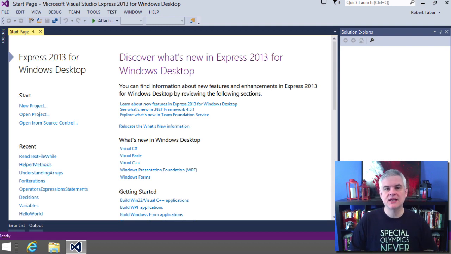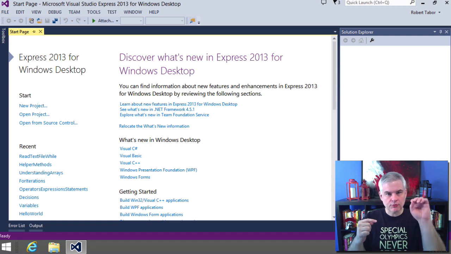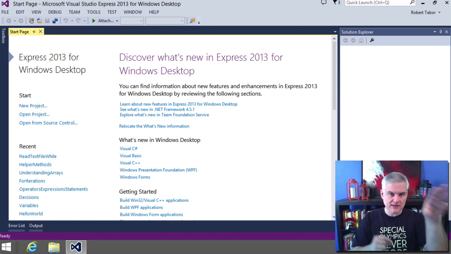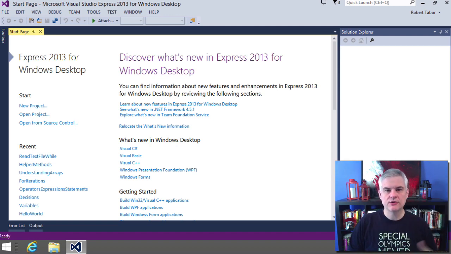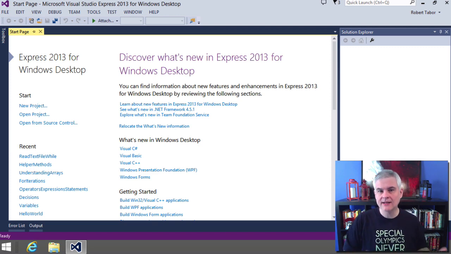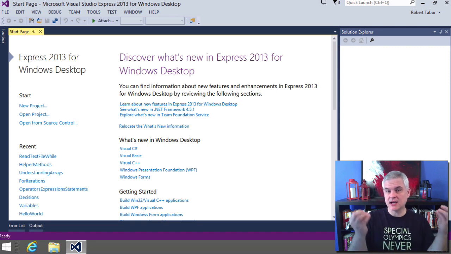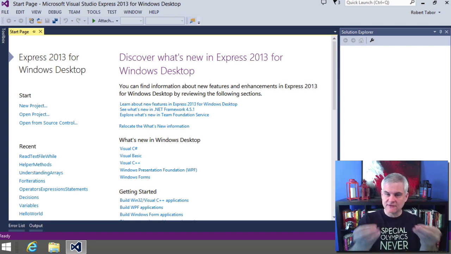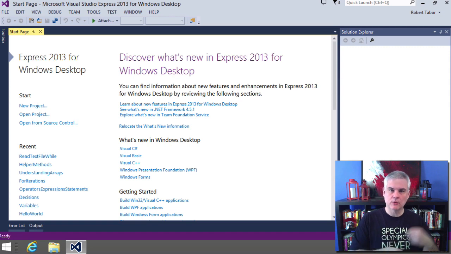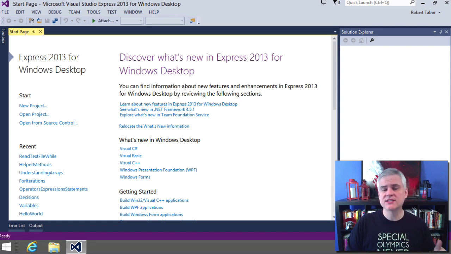So in this lesson, I want to take kind of a roundabout way of showing you another iteration statement, the while iteration statement. To demonstrate this, what I'll do is open up a text file and read each line of the text file and print the values that we read from the file to our console window using console.writeLine. So beyond the specifics of using the while iteration statement and then beyond the specifics of reading data from a text file into memory where we can process it or work with it, there are several other key ideas